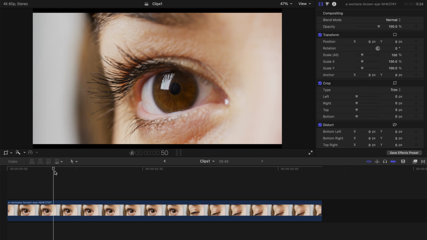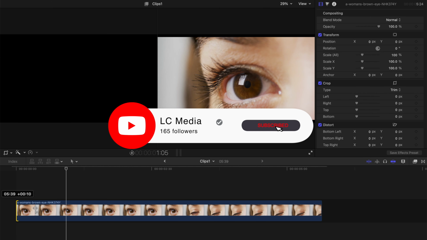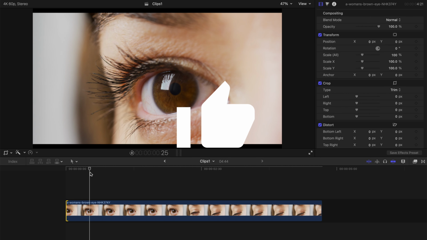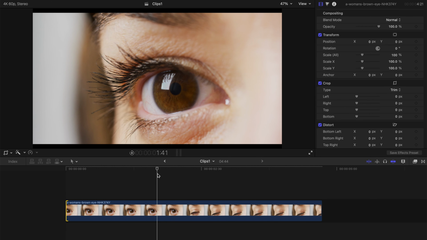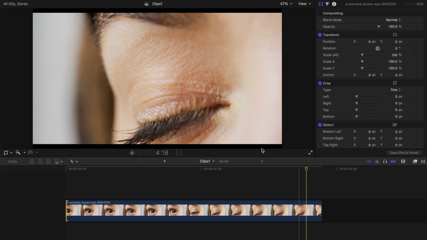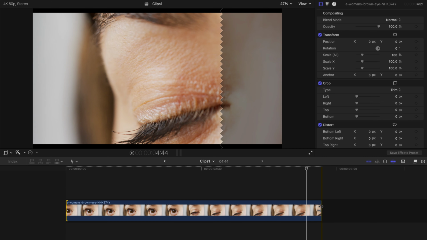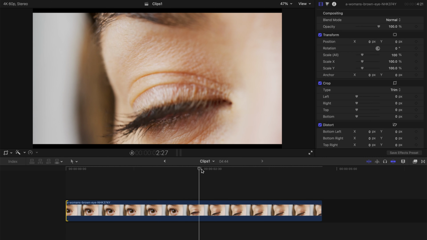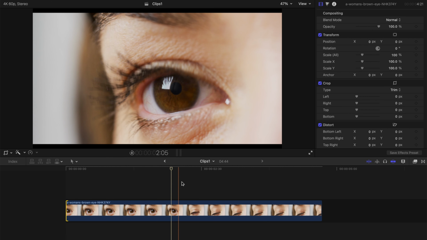So basically I have a clip, and I'm going to trim it a little bit first. It's actually a female, and it's only one eye and it's blinking. Yep, and actually it doesn't really open again. So what I'm going to do is